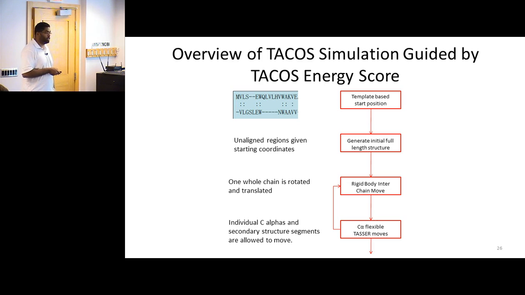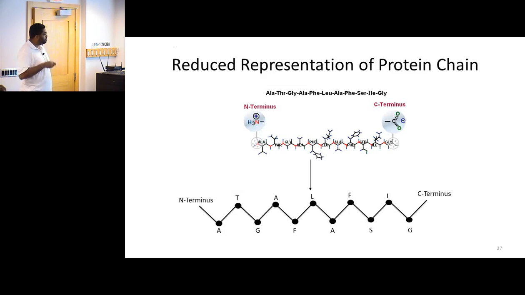And then from the unaligned regions, we connect them by a random walk, and then we begin our simulation from there. In our template library, or PDB library, we've stripped all the other atoms. In order to allow the simulation to run at a reasonable pace, we use a reduced representation model where we're only keeping the C alpha coordinates, and we try to approximate how the other residues behave by our energy function. And so we have a reduced representation.